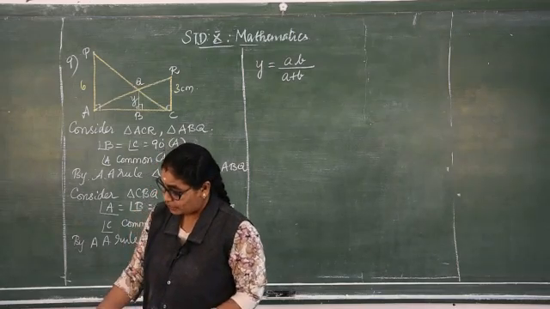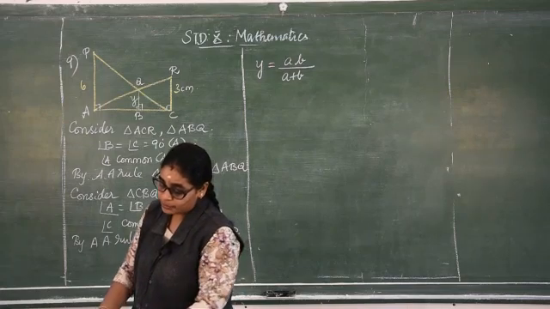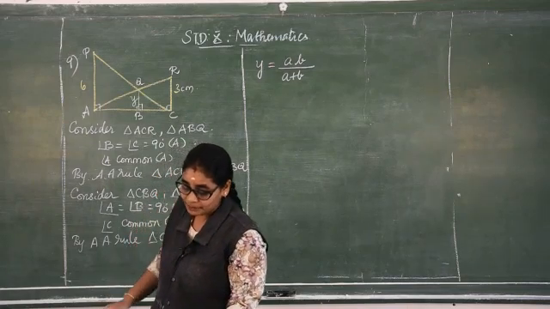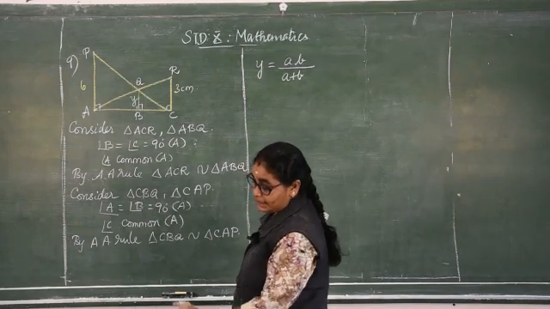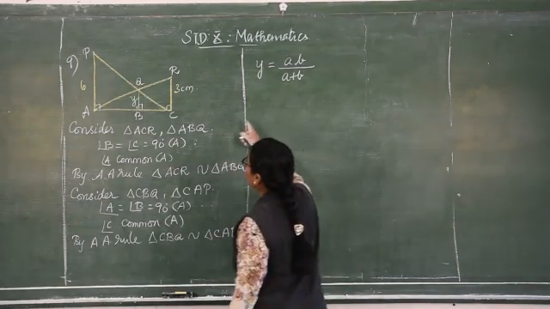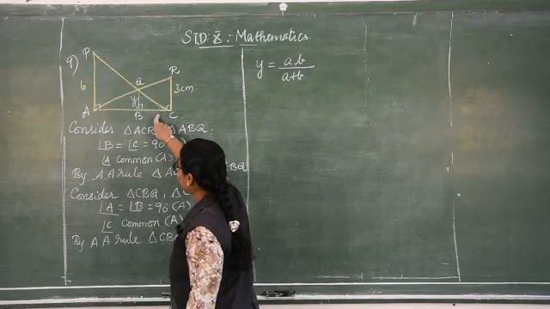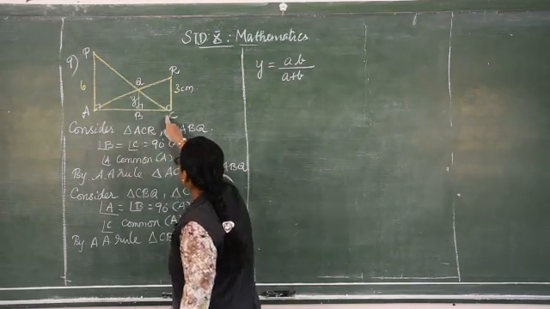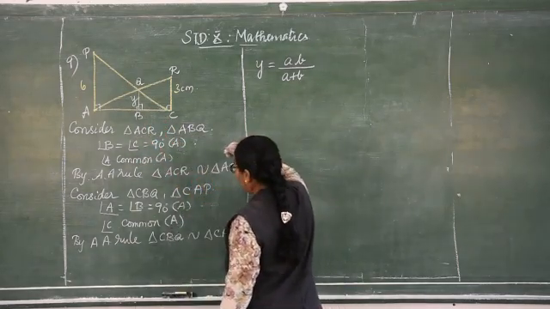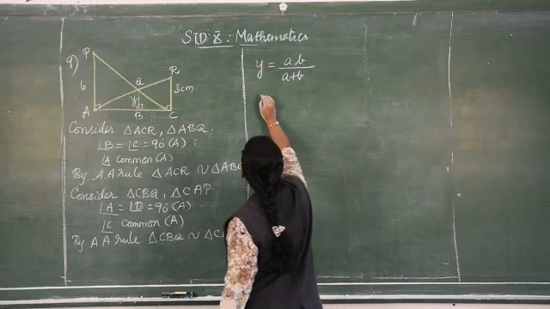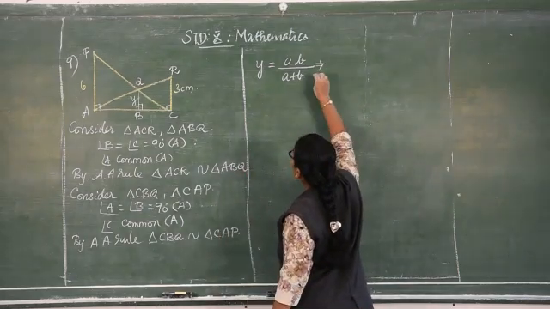How we will be proving all the values? Do you remember your example sums, how we proved? The same pattern. We will be writing H is equal to AB by A plus B. How we proved the H value, do you remember? This one we consider as X and this one we consider as Y in your example sum, and here we consider that one as P. So all the things we have to prove again, or else directly we can apply Y is equal to AB by A plus B, and I will be explaining everything again one more time.